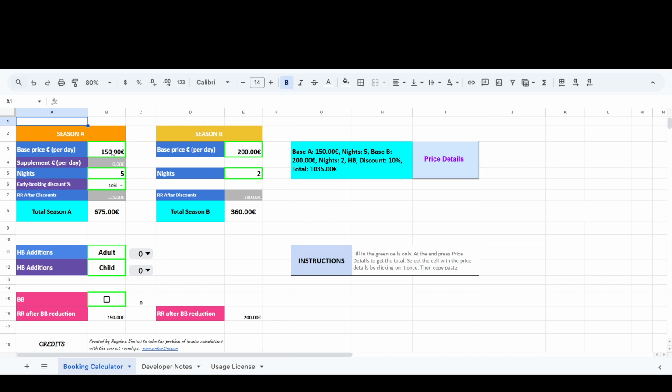So you would go here into this cell, the green cell, and input the price. I have put 150 now. Then you go into the next green cell, which is the nights. So 5 nights, let's say in this example. You can choose an early booking discount, 0, 10%, 12%, what we usually have. And then you're going to get the total